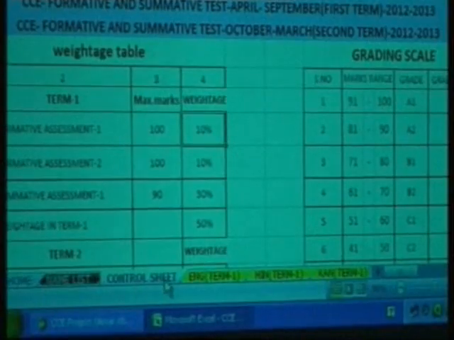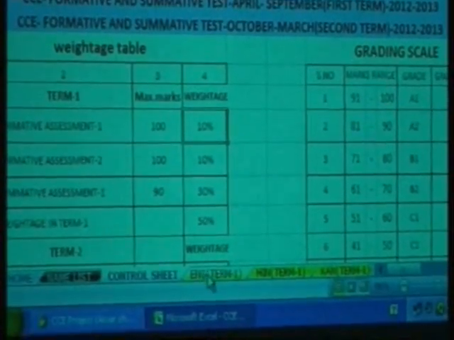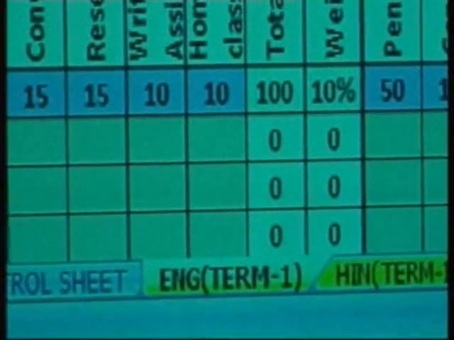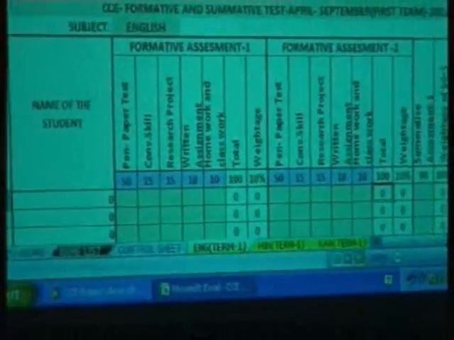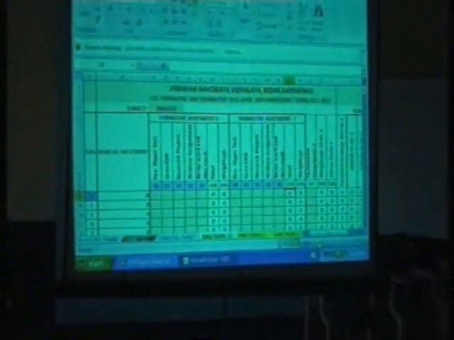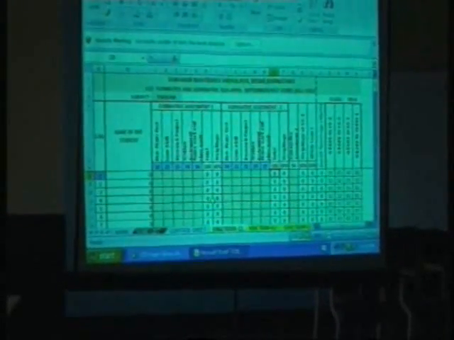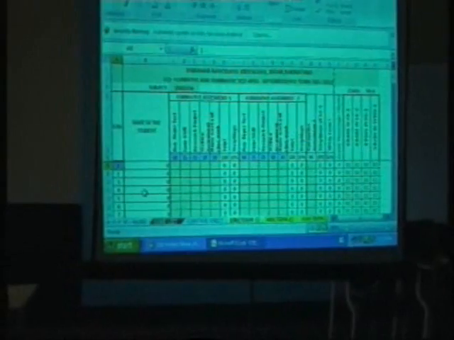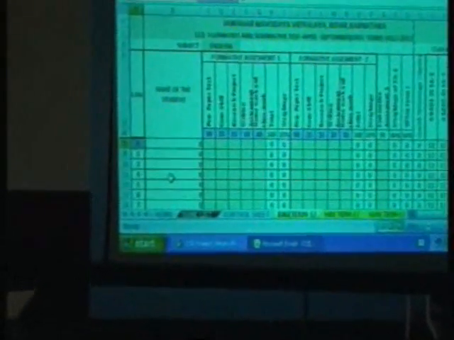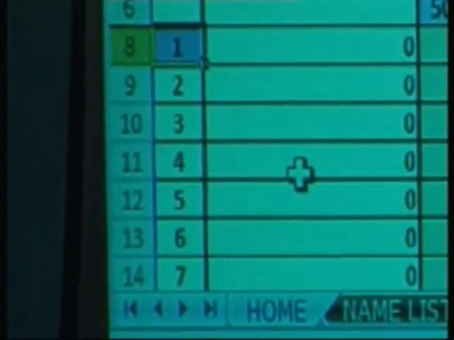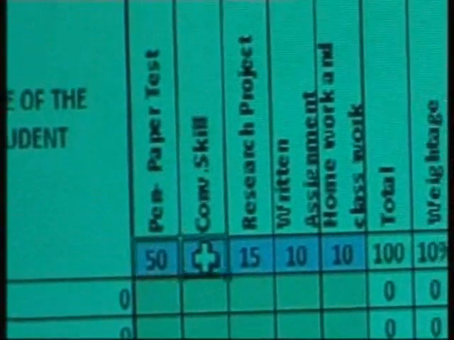Right, then coming to the next sheet, English term 1. Here you can click this one and directly the English sheet will be updated. Just let me zoom down this one. Here, be careful. This is the colored cell, roll number 1. If you put here 10, then 11, 12, the numbers will continue. You can edit this number. Thereafter here, pen and paper, 50 marks, conversation skills,